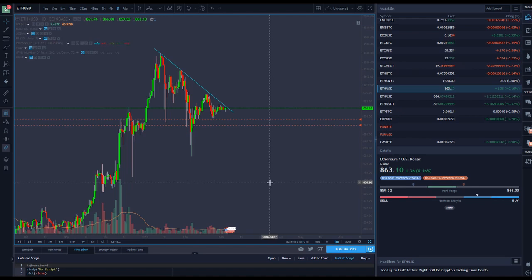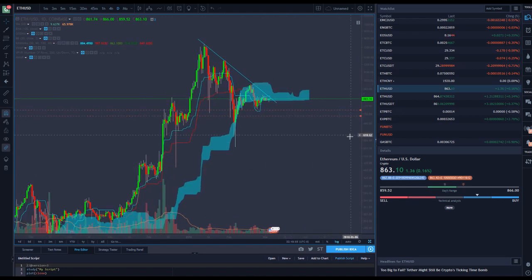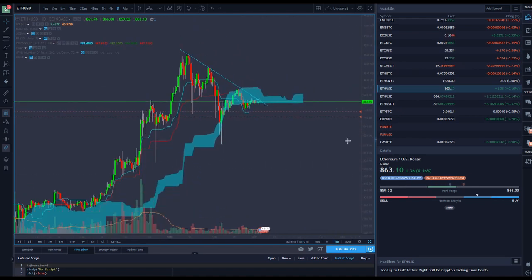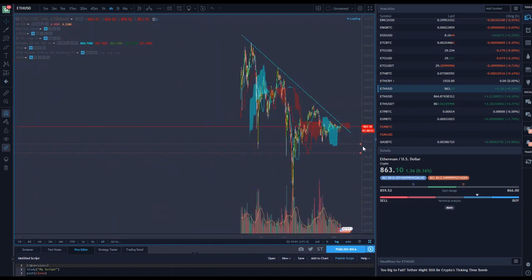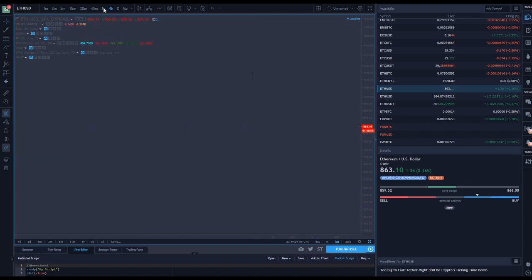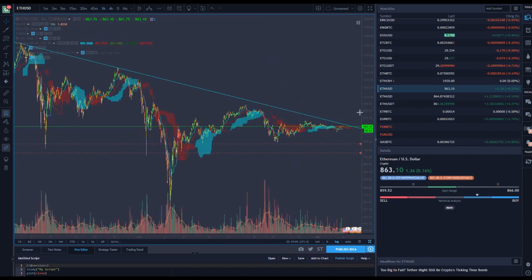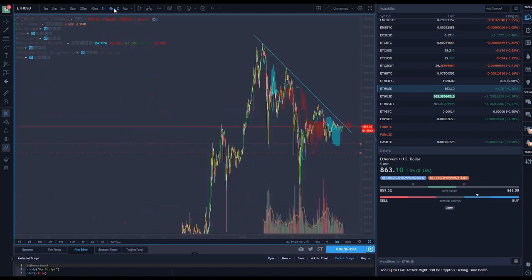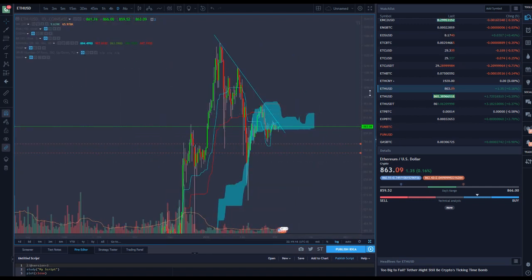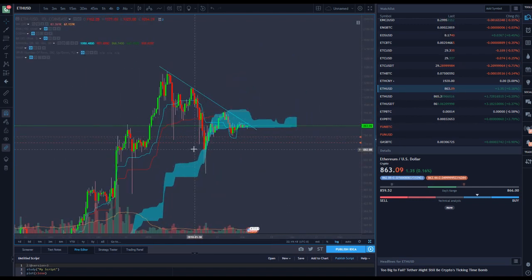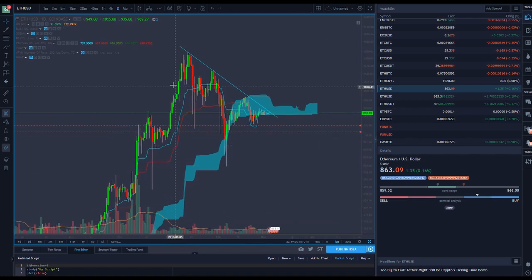So I also like to use Ichimoku Cloud. So Ichimoku Cloud is not really telling me too much. It's more in a consolidation phase right now. So right now, it's more useful to use chart patterns,